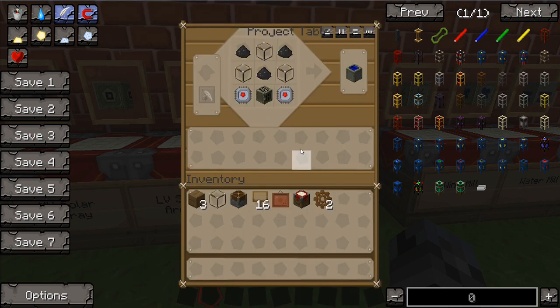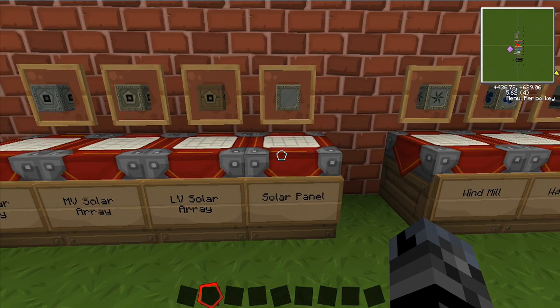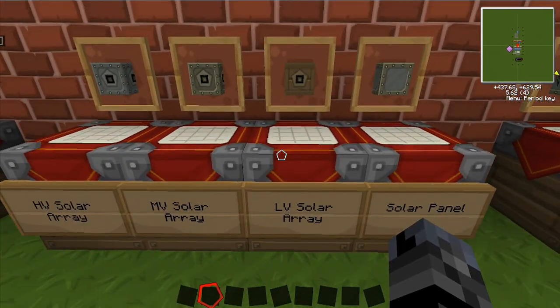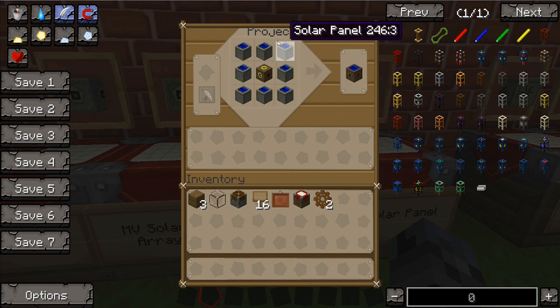And the generator is literally that, and an iron furnace. An iron furnace is literally just 8 refined iron, 8 iron in a block. Now, to make this is where it gets expensive. So that makes one. Now you've got to make 8 of them, solar panels, just to make one low voltage